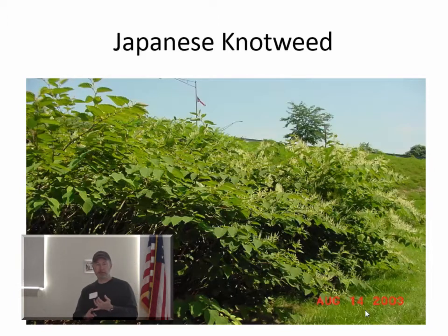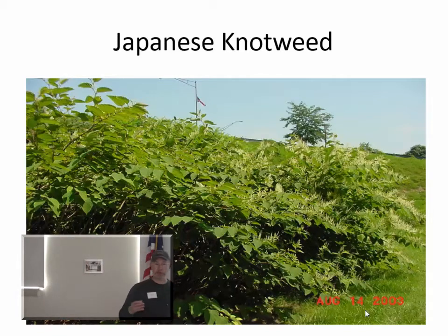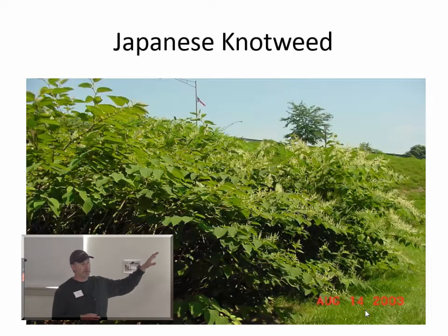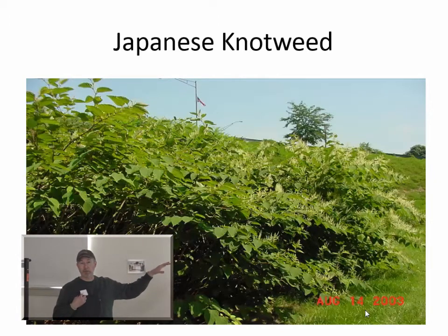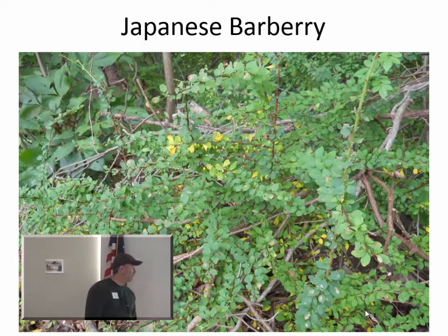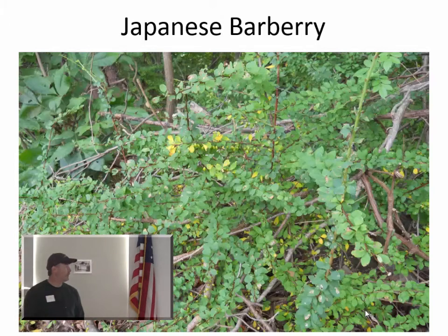So products like Polaris, Arsenal, Tordon, Method, Streamline, Viewpoint, I generally keep those in commercial applicators' hands because they do have soil activity and there's a potential to cause overstory tree damage with those type chemistries. But simply a glyphosate and good surfactant this late in the season. I like to high volume it, and I'm going to demonstrate what a high volume application looks like later on today. Japanese barberry, glyphosate and Escort, or Rodeo and Escort if you want a brand name, with a good surfactant,